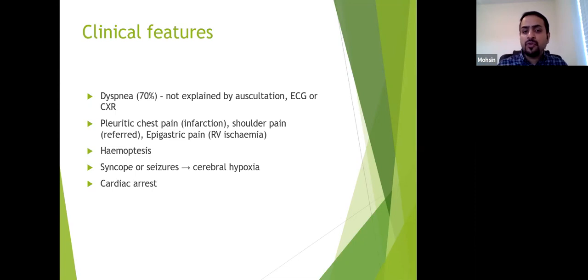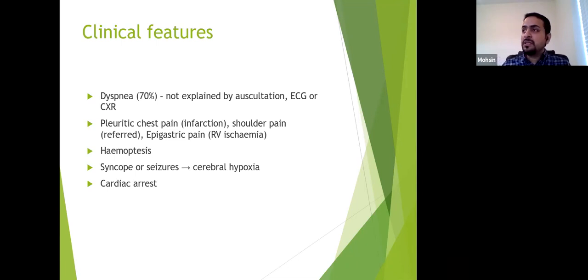And they sometimes can have shoulder pain or epigastric pain as well, which are usually either referred or from the ischemia of the right ventricle due to advanced pulmonary embolisms. Apart from that, hemoptysis is one of the major risk factors. So any patient who's coming with hemoptysis in Pakistan, I know our first differential should be either TB or malignancy, but also think about PE, especially in a not very old person who's relatively young or has any other risk factors as described before.